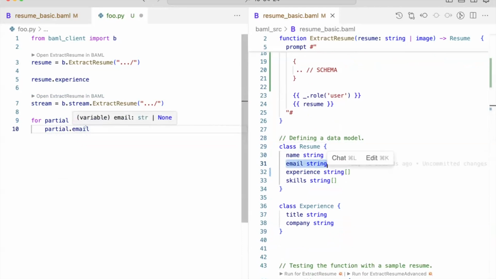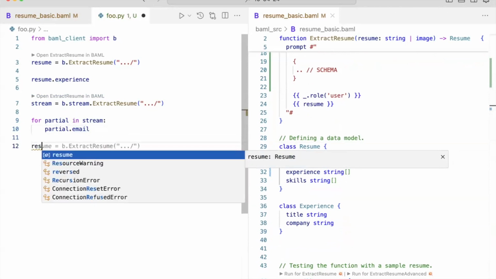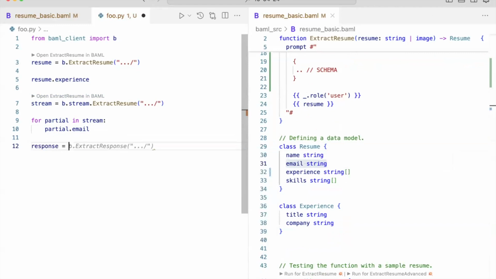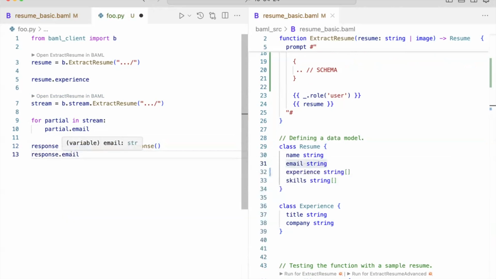Why? Because you're streaming. You may not have it yet. It's not going to be ready. But when you actually go get the final response, stream.get_final_response, response.email, it's guaranteed to be perfectly compliant. So you get complete static analysis and complete guarantees while you're going to go do this.